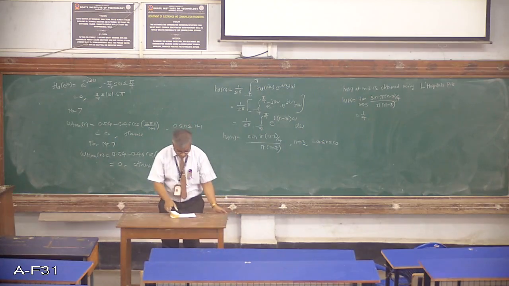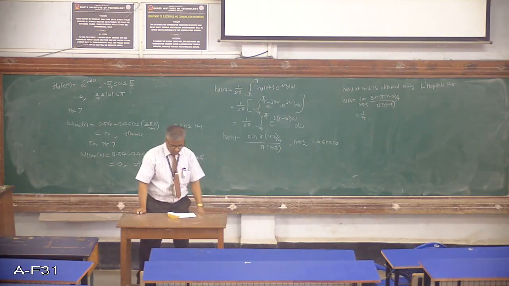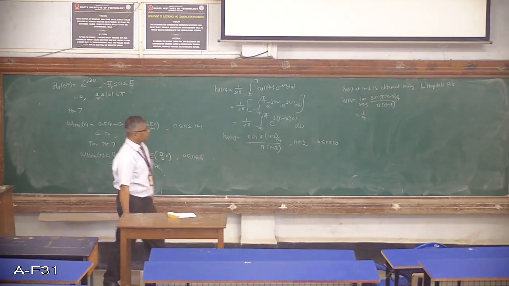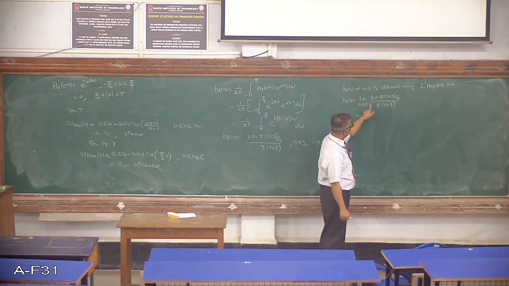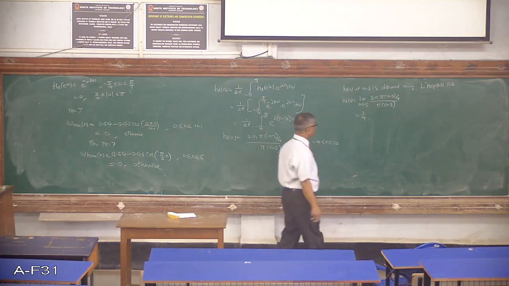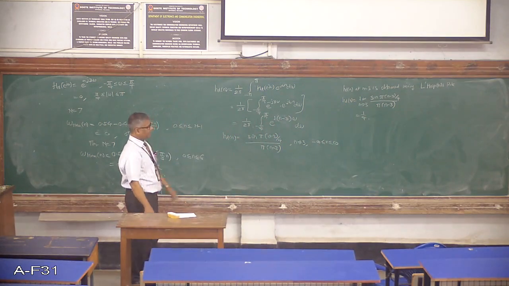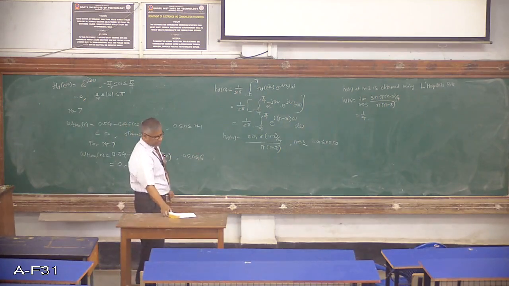That is the value of HD of n at n is equal to 3. You get 1 upon 4, because what you have to do is multiply and divide by 4. So you divide this by 4, multiply by 4 here, and 1 upon 4 can be taken out. Sin theta by theta form is 1, so you get this answer. Now the remaining job is simply to find the value of h of n for n is equal to 0 to 6. So let us proceed with that now.